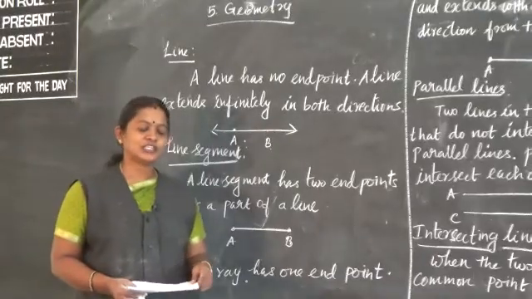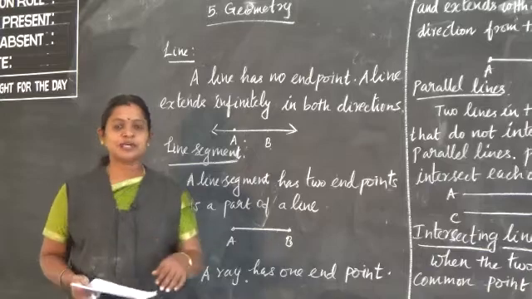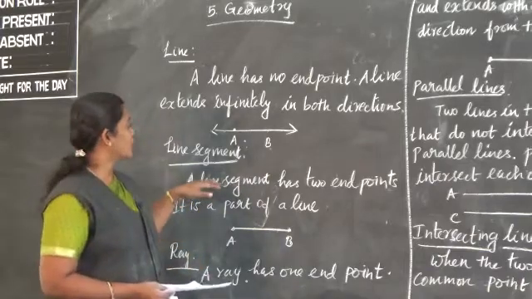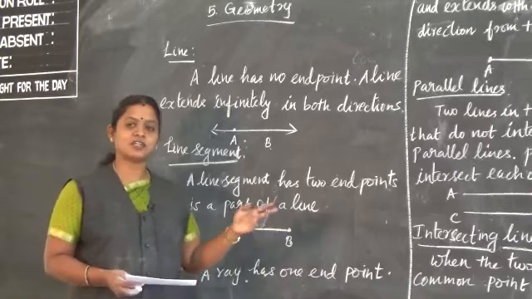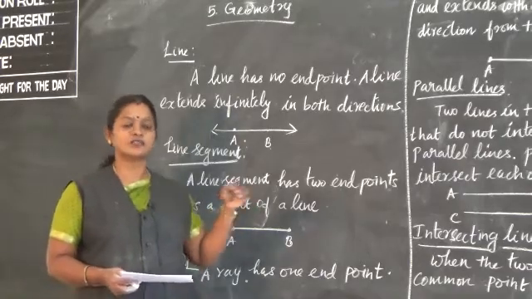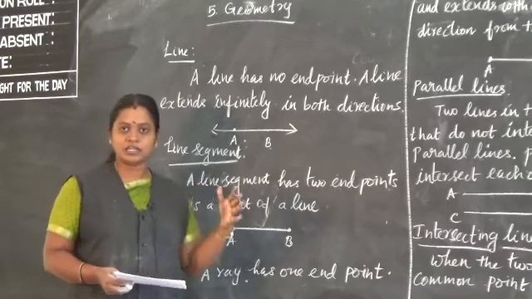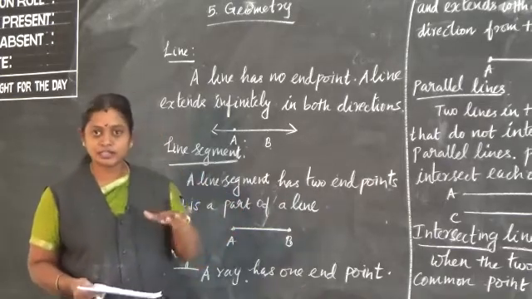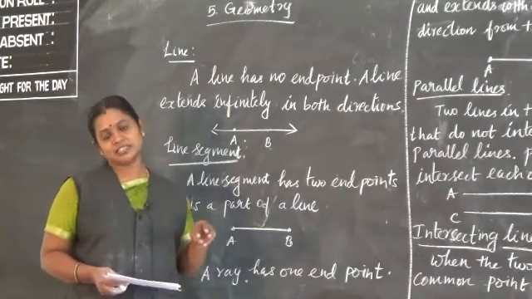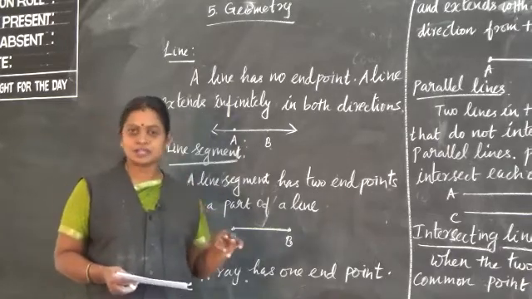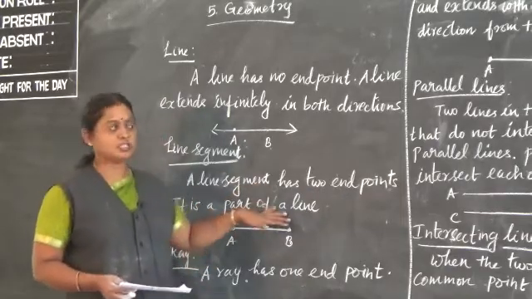The 5th lesson given to us is geometry. Before you learn this chapter, you must know what a line segment is, what parallel lines are, what intersecting lines are, what angles are, and what kinds of angles we have. Because we already learnt this in 6th standard itself. Before you learn this 7th standard geometry, where transversal lines and linear pair of angles are given to us, you must know the basic concepts.